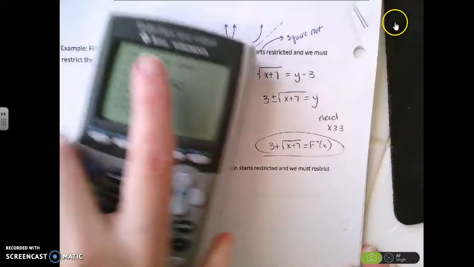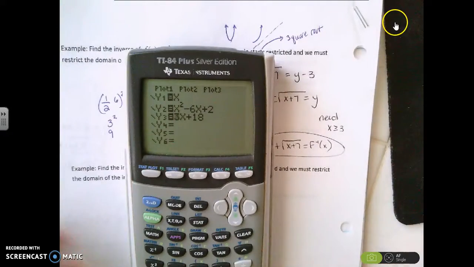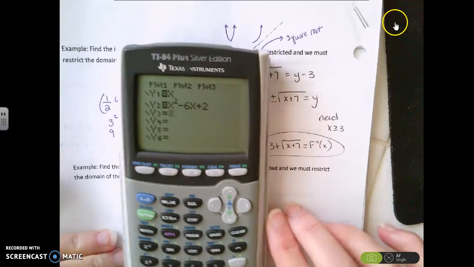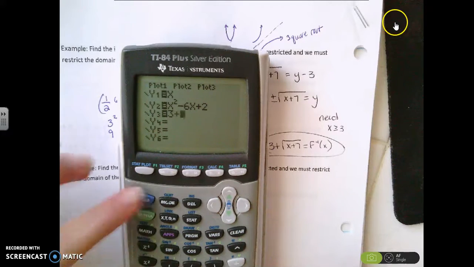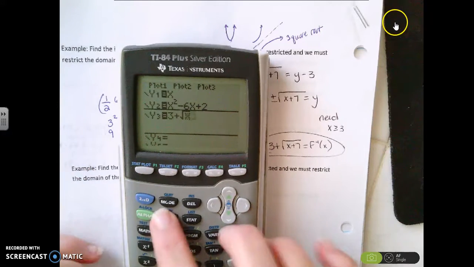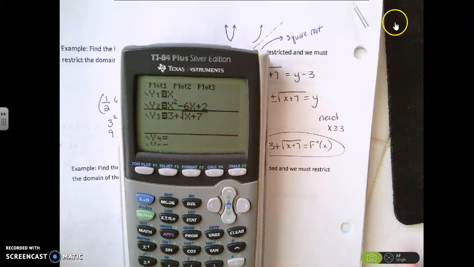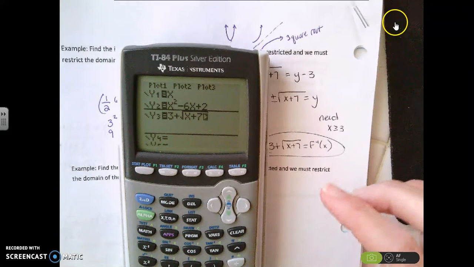So when I'm looking at my graph, I have to decide whether my answer is going to be 3 plus the square root of x plus 7 or 3 minus the square root of x plus 7. So the answer is actually going to be 3 plus, and let me talk to you about why. So here's our two graphs, and